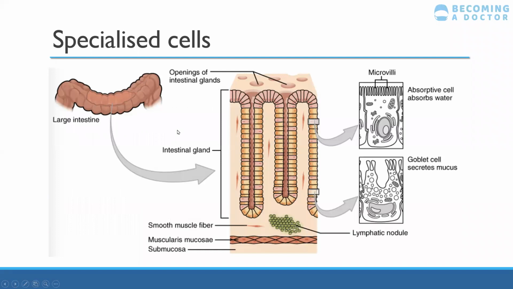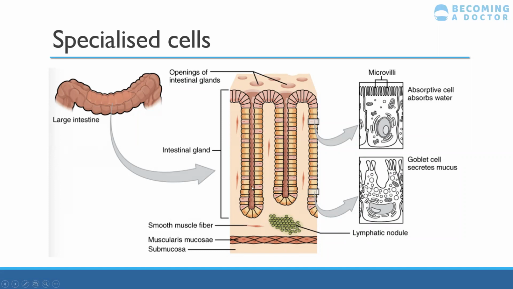Okay, so specialized cells. The colon has many enterocytes, which have short irregular microvilli, and these are really important in the reabsorption of electrolytes. You have invaginations, which are known as your colonic crypts or crypts of Lieberkühn, and these crypts at the bottom